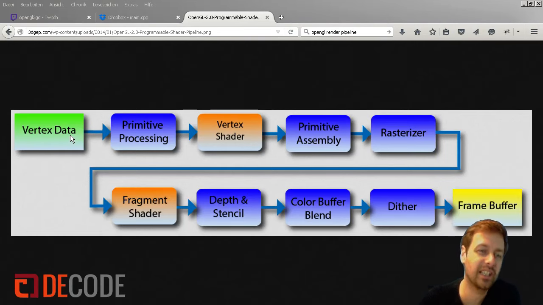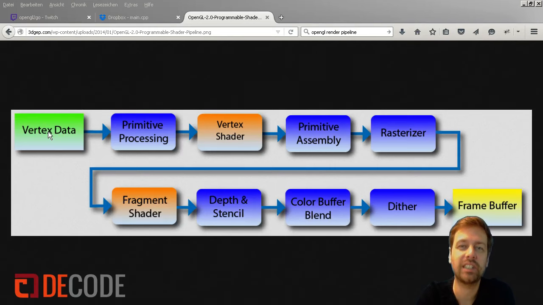to process the data. And in the beginning there is always this Vertex data, which means our geometric data that we provide for the entire OpenGL render process. And this data is just sent into the pipeline by our application. We did this in the last workshops, and we will do this today as well. And then a few steps are taken. The ones which are relevant for us today are the orange ones here, which is the so-called Vertex shader and